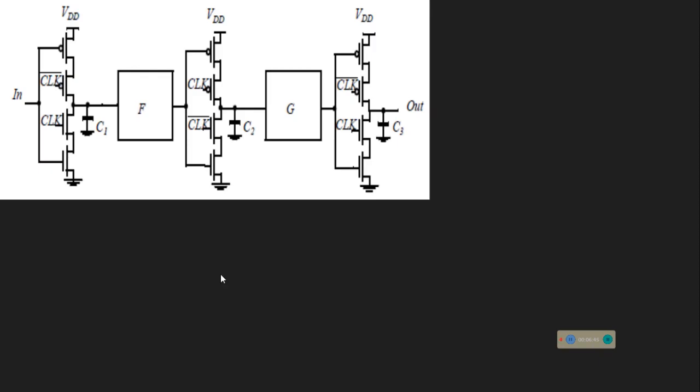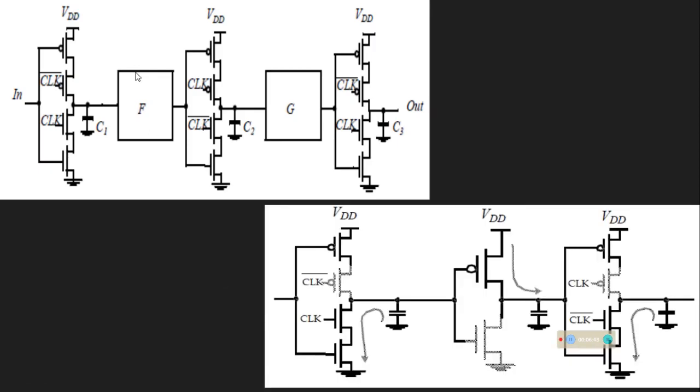Here, in place of the computation of F, we are replacing it by a CMOS inverter. Whenever both clock and clock bar are equal to 0, you could see the clock bar becomes inactive, so that the voltage across C1 will be transferred like this, and the voltage across C2 will be transferred like this, thereby making a fast